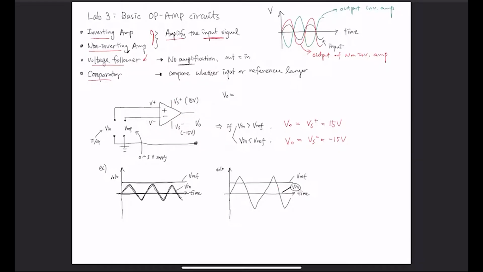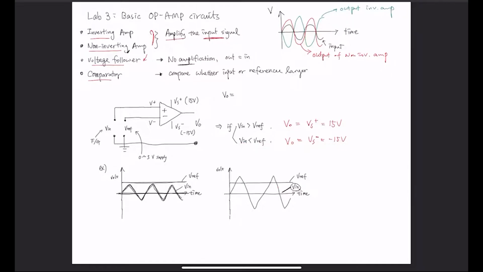The property of this circuit is that if your input is greater than your reference, then your output is going to be Vs positive, which is 15 volts. The opposite happens when your input is smaller than your reference, and your output is going to be negative